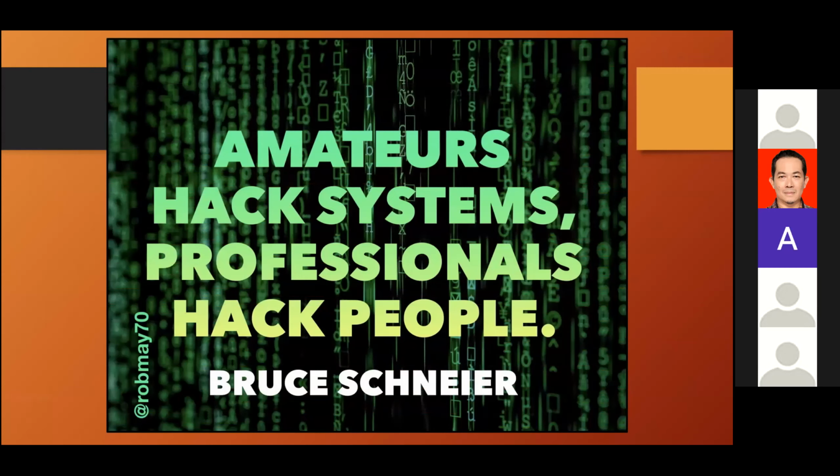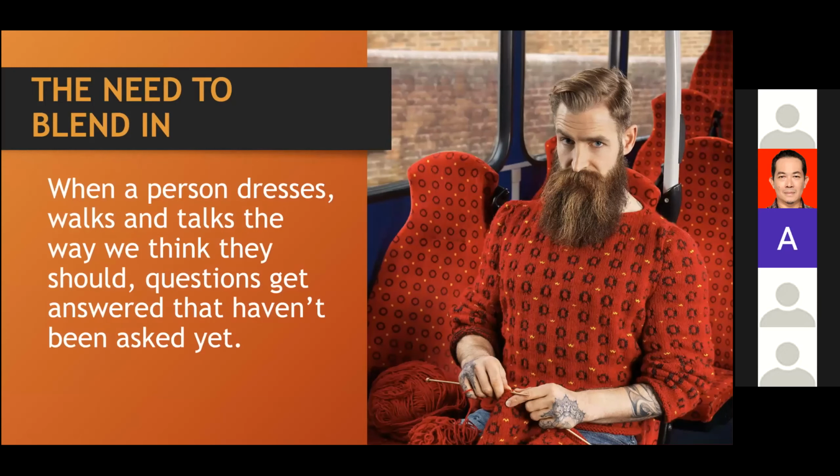This is a really popular saying in this space: amateurs hack systems, but professionals hack people. So, at its base level, and one of my favorite pictures, part of hacking people is about the blending in piece. So the need to blend in. We're social creatures, and especially if the organization is very focused, for example, on customer service and engagement, then whilst that's good for the service parts of the business and for people that may have good intent, if somebody has bad intent or is trying to gain access, that can be used as a weakness.